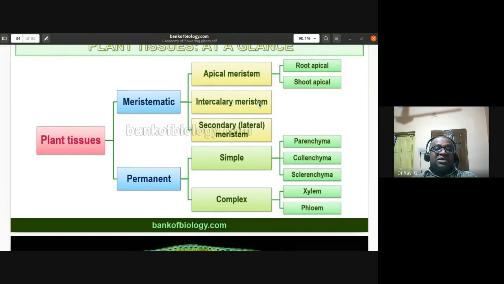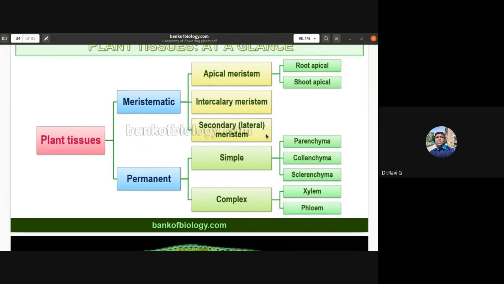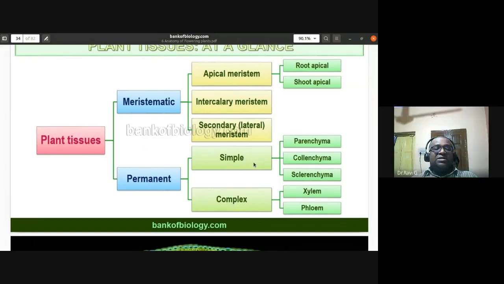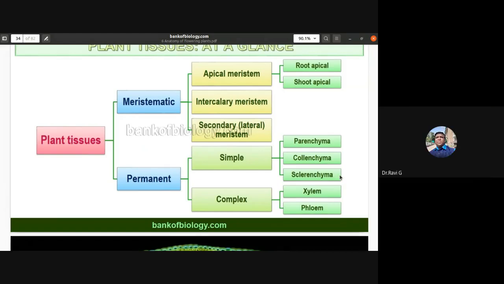found in between mature tissues. Secondary or lateral meristem is found within the mature tissues and brings about secondary growth. The permanent tissues are of two types: simple permanent tissue and complex permanent tissue. Simple permanent tissues are homogeneous and do not have the ability to undergo cell division. They are of three types: parenchyma, the living tissue; collenchyma, the living mechanical tissue; and sclerenchyma, which is